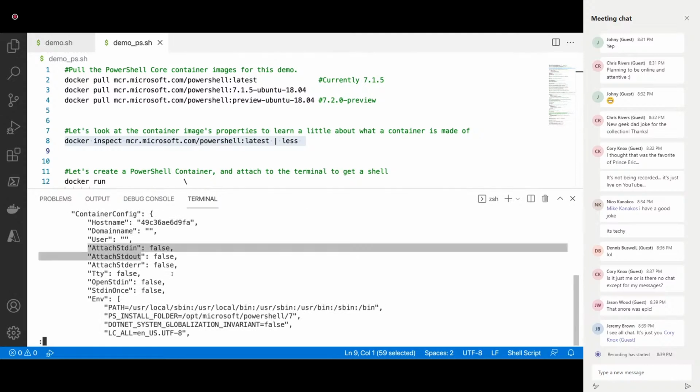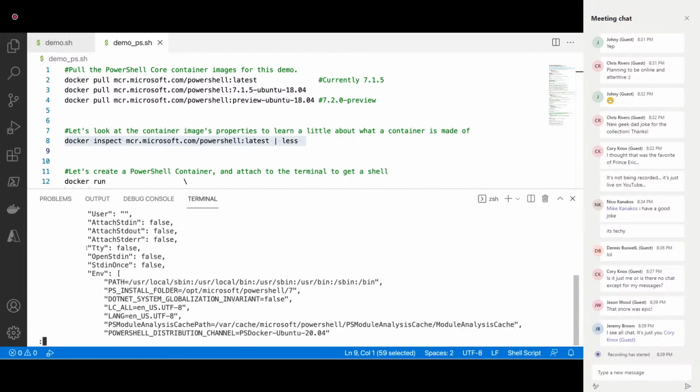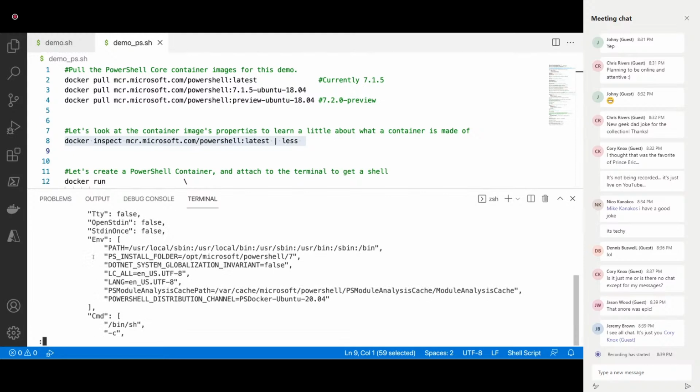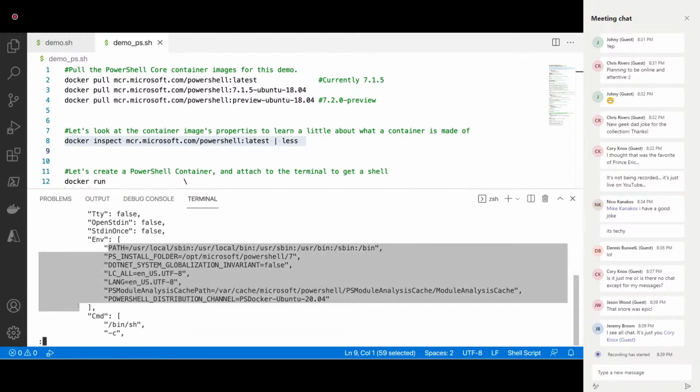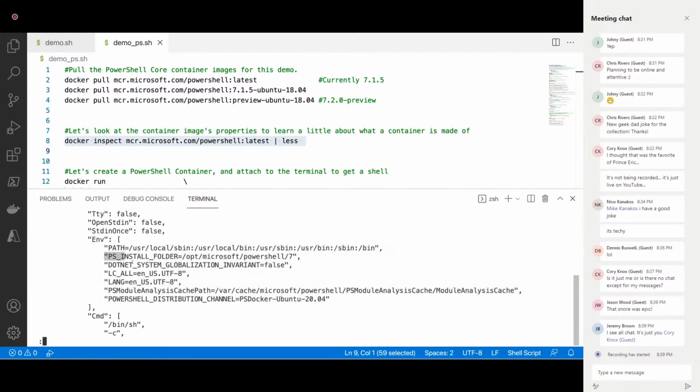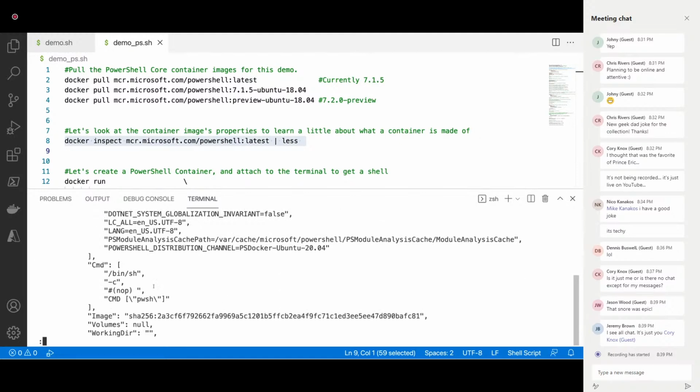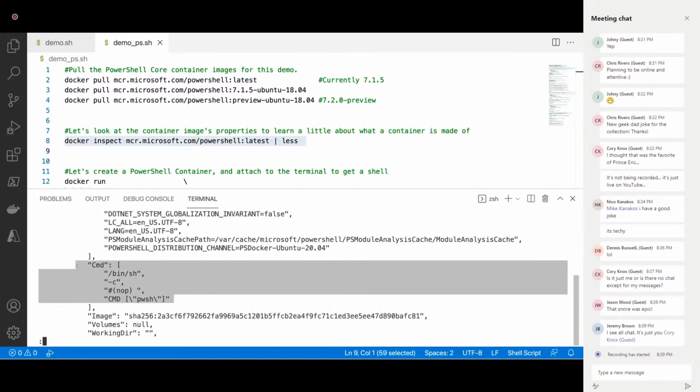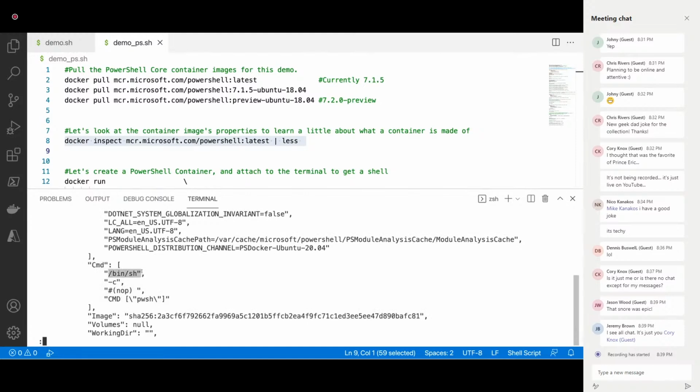So attach standard in and standard out are all set to false, and I'll show you how to override that so we can get an interactive terminal with the process. We have injected environment variables. Microsoft has chosen to inject some of these variables here, and some of those might be familiar to you. And then this is the command that's actually started when the container starts up. It starts a shell with the parameter C, but then it just launches PowerShell. And so you'll get that